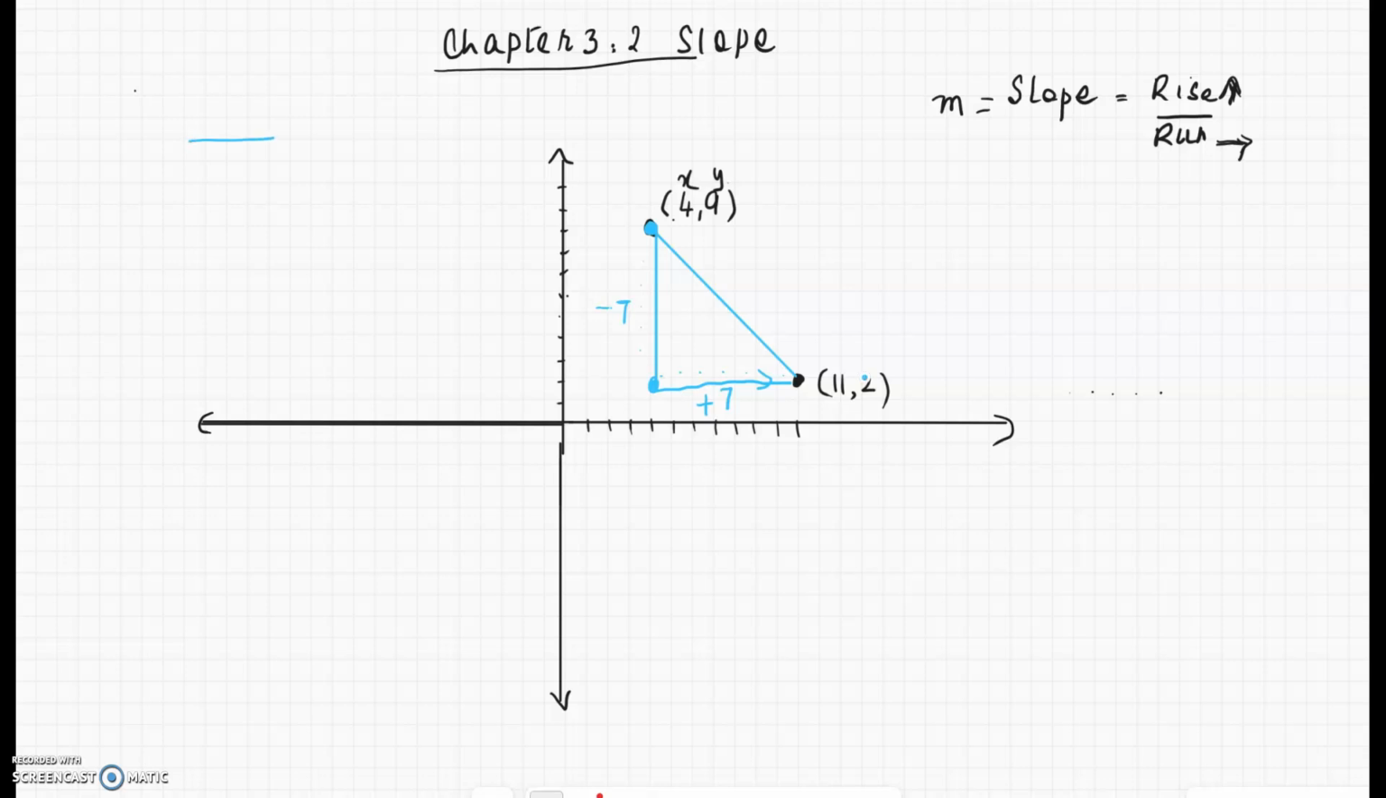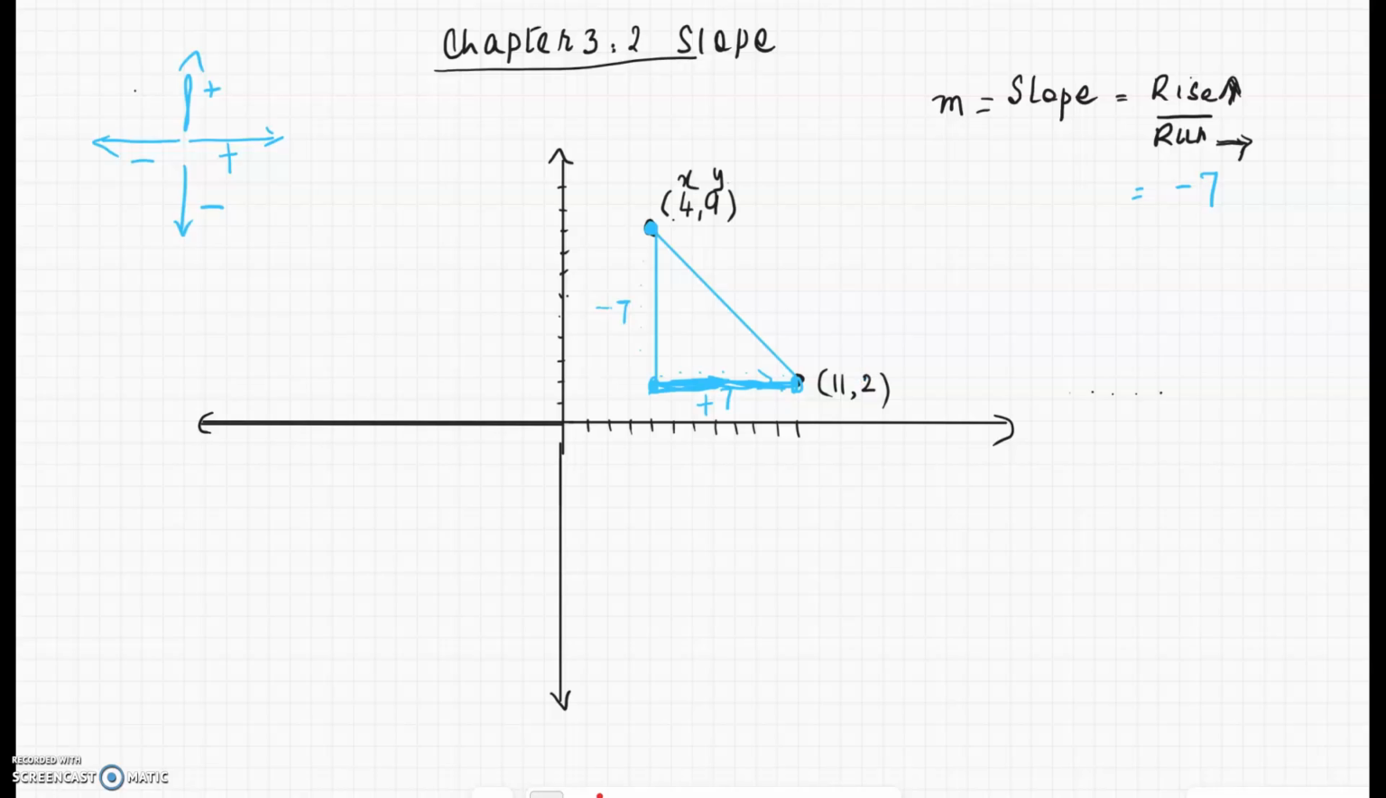So let's write this down. Right is in the positive direction. Left is in the negative direction. Up is in the positive direction. Down is the negative direction. So starting at the point (4, 9), I go down by 7 units. Then I turn to the right and I reach the point (11, 2) by going right in the positive direction by 7 units. So the rise is